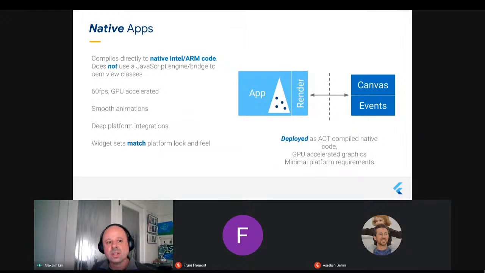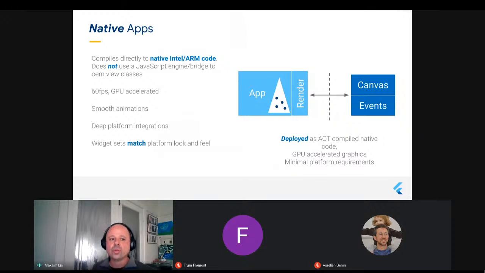What that means is that Flutter is able to provide really nice things like smooth, GPU accelerated 60 frames per second graphics and smooth animations. It's still able to do deep platform integrations with whichever platform, Android, iOS, and so forth, that it's running on. But the key thing is that it doesn't use what some people call the OEM user interface elements or toolkit that comes, say, on Android or iOS.